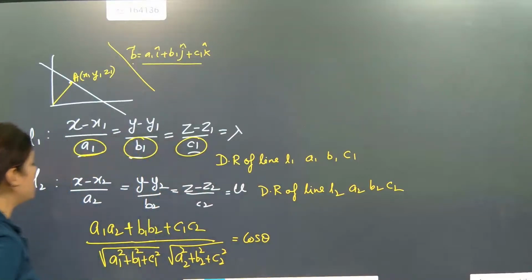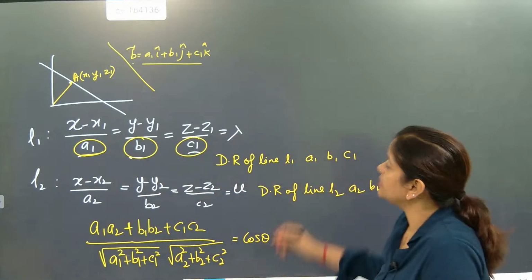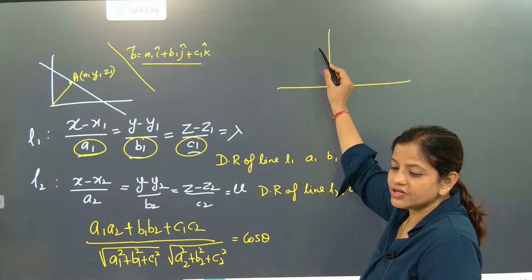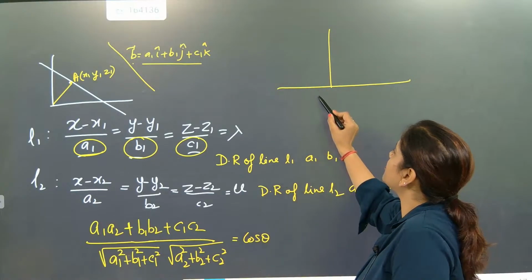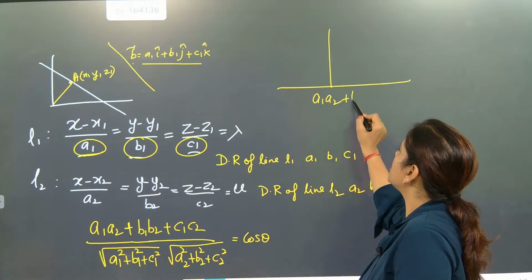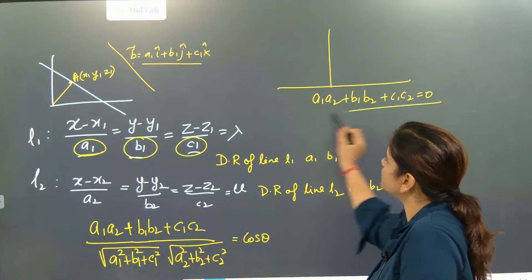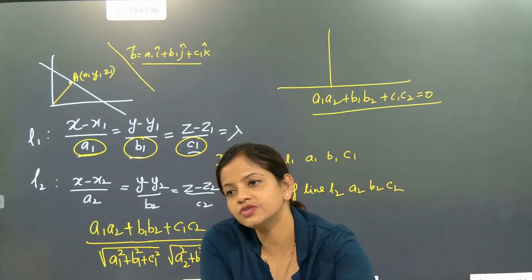Now look here, beta. So when we are writing this, now if the lines are perpendicular, understood? So most of the concept we are using: when lines are perpendicular, if this line is perpendicular to this line, that means their direction ratio product will become equal to 0. That means A1 A2 plus B1 B2 plus C1 C2 will become equal to 0. And direction ratios are coming from where, beta? Direction ratios are coming from